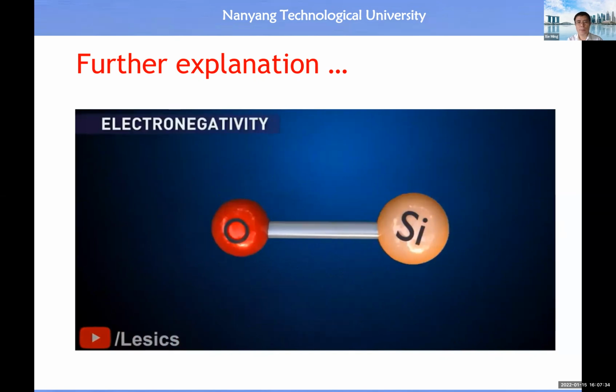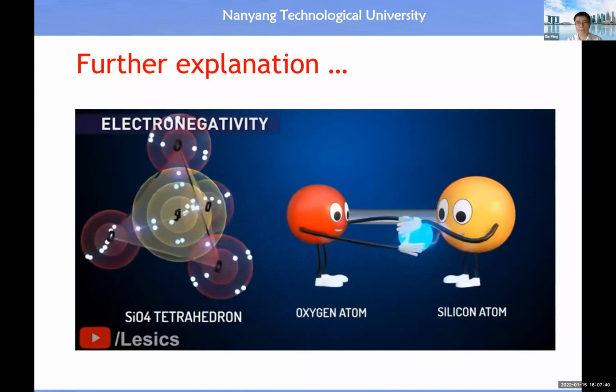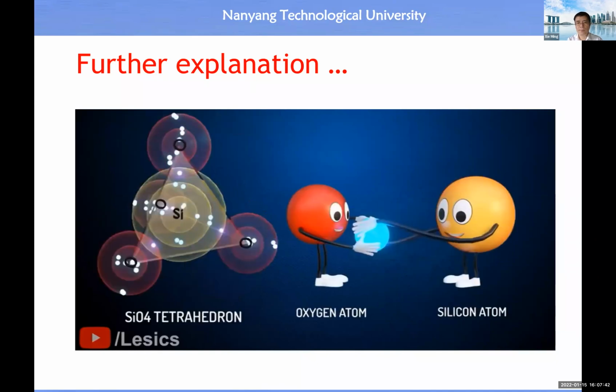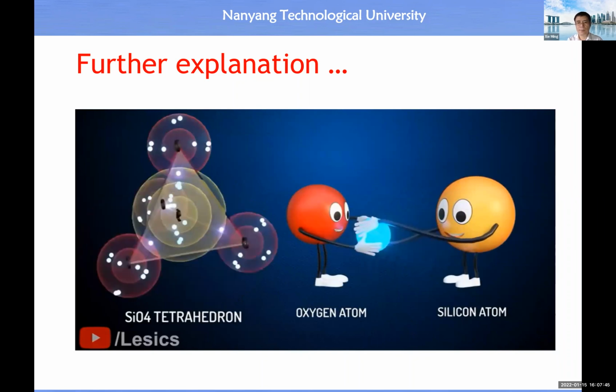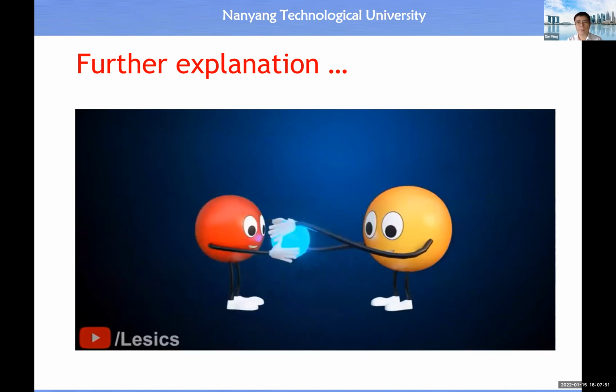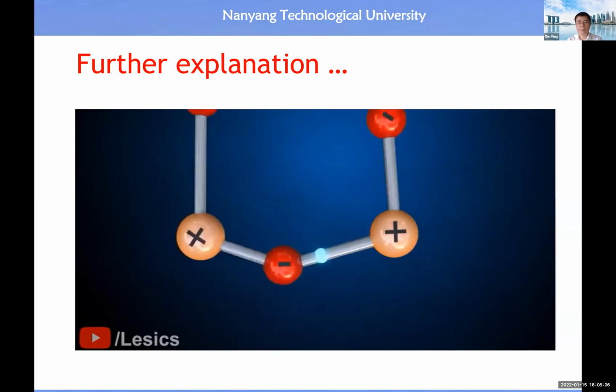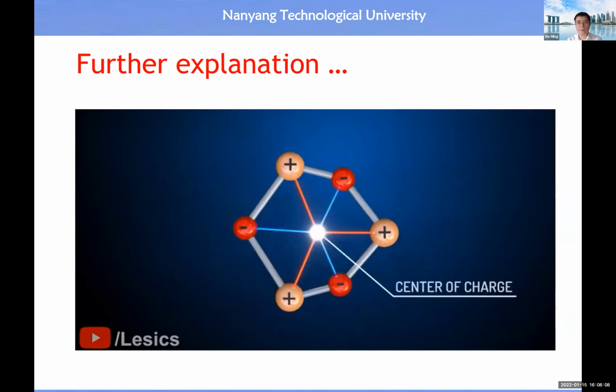Here, the oxygen and silicon atoms share one electron. Due to the smaller size of oxygen atoms, the shared electron is closer to the oxygen's nucleus, so oxygen will exert more force on the electron than silicon. As a result, oxygen is more electronegative than silicon and will have a slight negative charge. This also means the silicon atom will have a slight positive charge. So the oxygen and silicon atom together constitute a dipole. In the quartz crystal, these dipoles are arranged such that the center of charges of the negative and positive atoms coincide. Now what will happen to the center of charge if we apply a compressive force across the molecules?